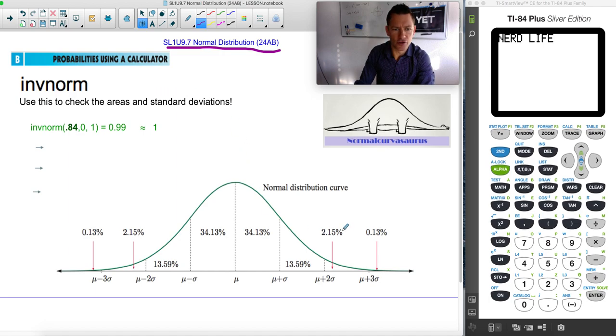We are continuing on normal distribution out of 24 AB, and this is just a little recap. I want to remind you of what normal distribution is and also do a couple of problems with you. One IB style problem, one from the text, and then the time's yours to rock some problems from your home learning. Cool. So what we saw before was that a normal curve describes normally distributed things like people's heights or